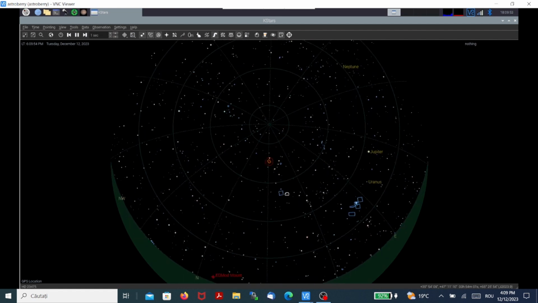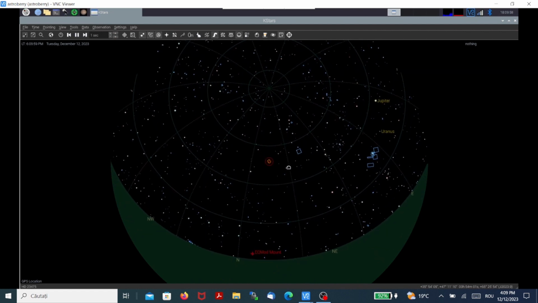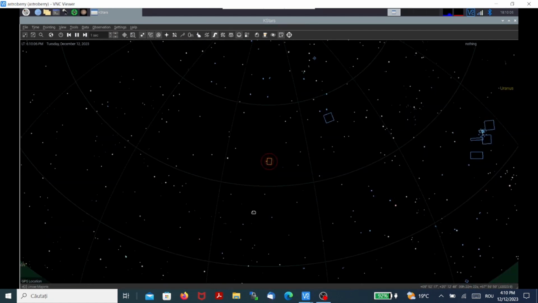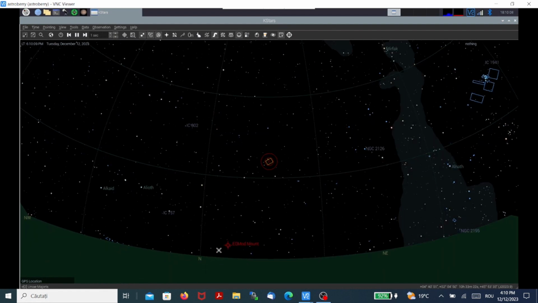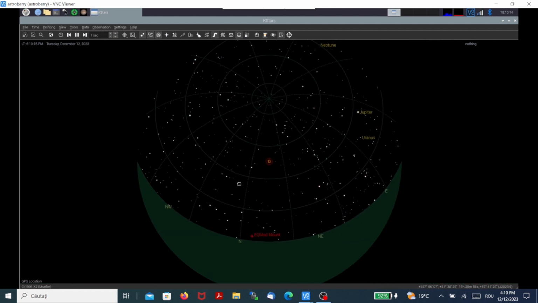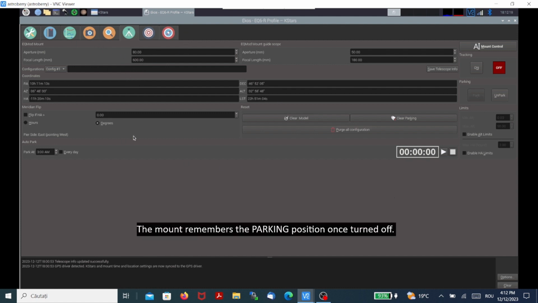So just to show you where my scope is pointing at, on the horizon, this is north, and my scope has been parked at these coordinates here. So this is where my scope is pointing. Another interesting thing is that once you park the equipment, the scope, and you turn it off, it